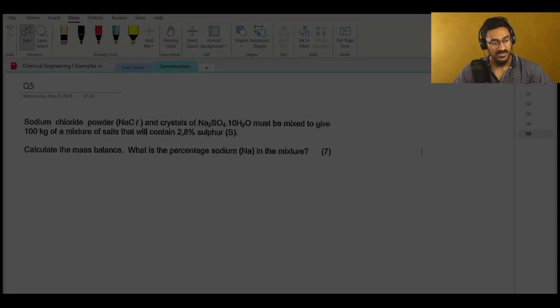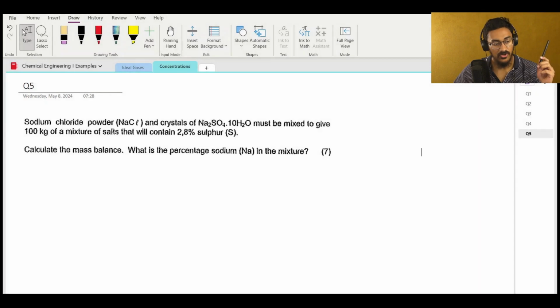All right. Now let's have a look at question 5 on concentrations. And this is not a difficult question, but there is quite a bit of work involved. So the important thing I want you to learn in this question is how to solve a question in as little space as possible. Now, there's nothing wrong with taking up a lot of space, but you need to understand how to lay out your answer in such a way that you can access the information when you need it